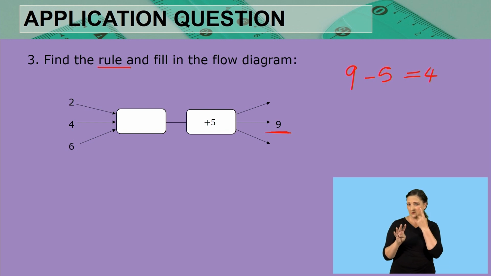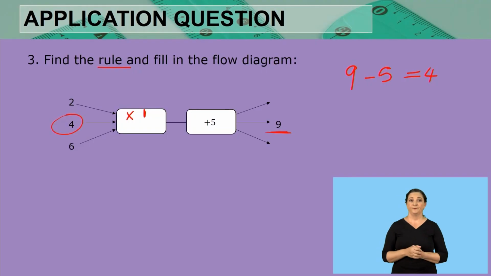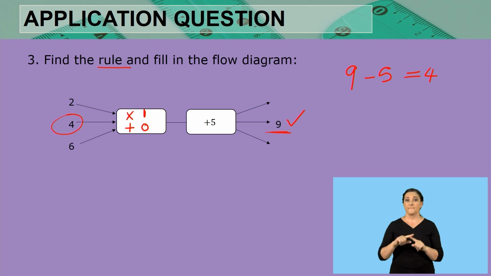So from 4, let's look at our second input value there. We have 4, and we need to get to 4. So what do you think happened there? We can say we multiplied by 1. That could be a possibility, but we can also say that we added a 0. Let's check. If we say 4 multiplied by 1, that gives us 4, and when we add 5, that gives us a 9. But again, if we say 4 plus 0, that is going to give us still a 4, and when we add 5, that still gives us a 9. So we can use either one